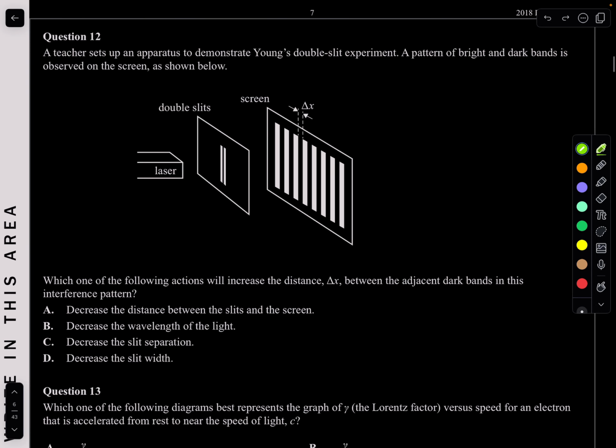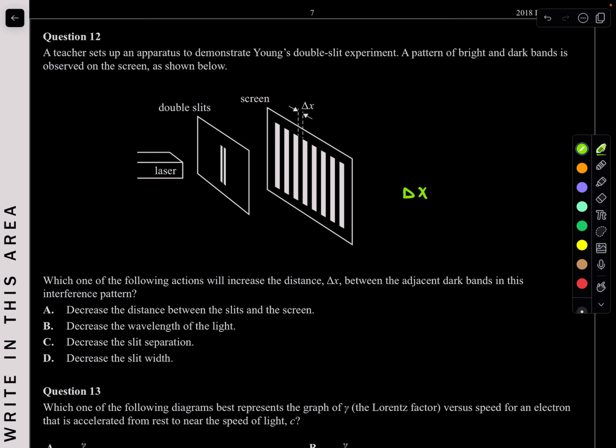Question 12. A teacher sets up an apparatus to demonstrate Young's double slit experiment. A pattern of bright and dark bands is observed on the screen as shown below. Which of the following actions will increase the distance change in x between the adjacent dark bands in this interference pattern? Easy. Remember, you do have a formula for this. I've just taken it from my summary sheet, and it's change in x,